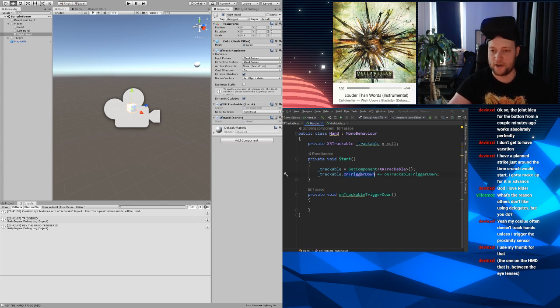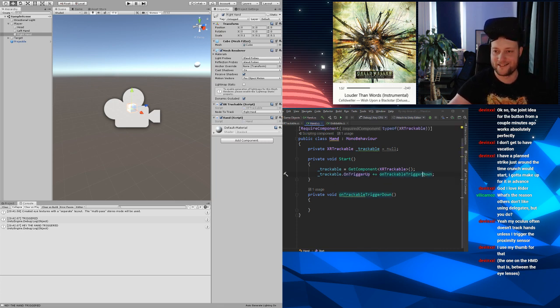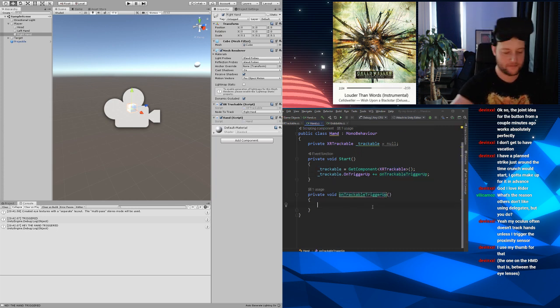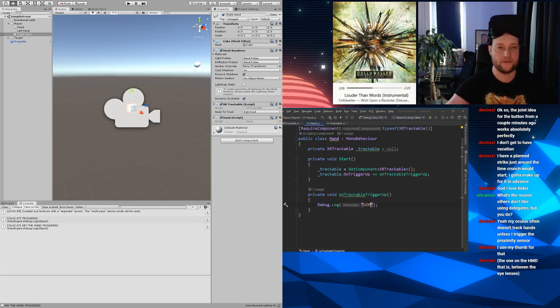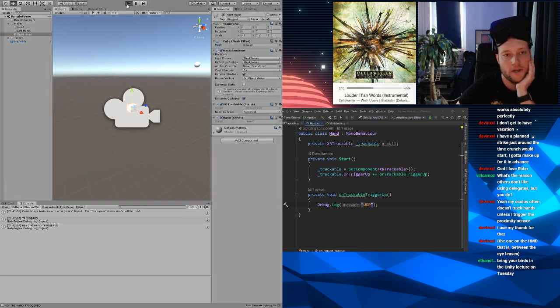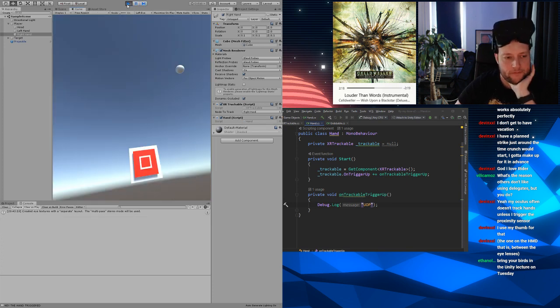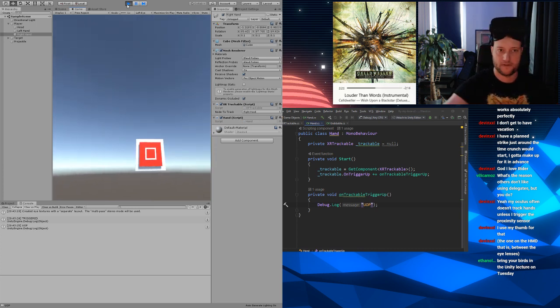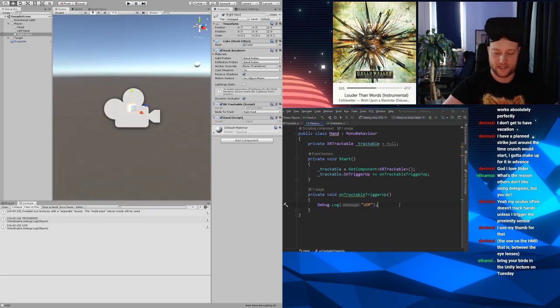But come to think of it, I don't want onTriggerDown, I want onTriggerUp when I release it. So I have to change this. Because you're throwing something, and you don't throw something by holding on to it. Debug.log. Up. Ooh, up. Fine. See if this works. Once it plays. Triggered. Ooh, up. Yep. Fine. Perfect. So when this happens,